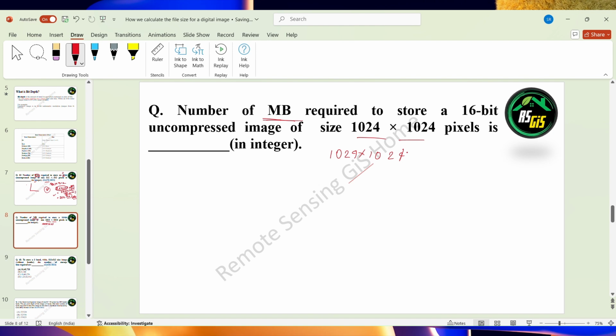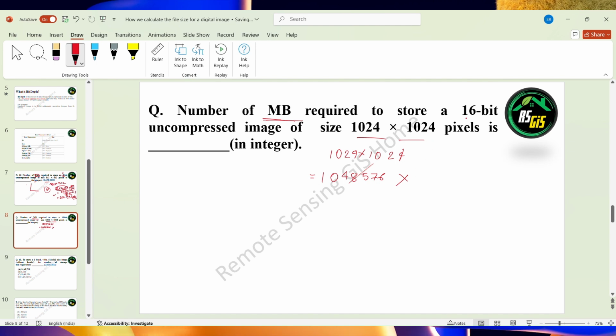We get the value 1048576. Okay, so this is the total number of pixels,